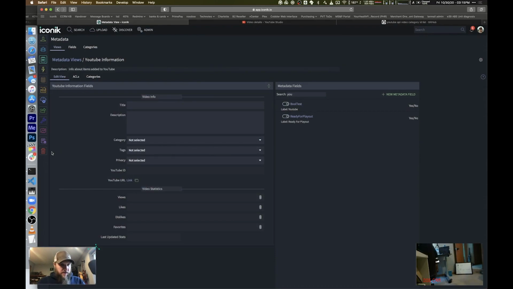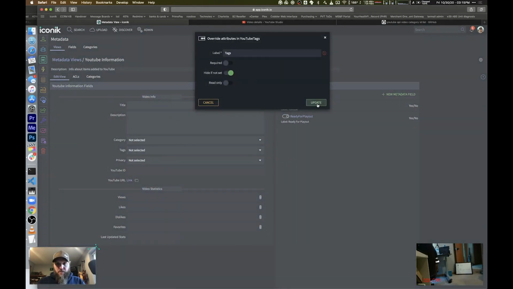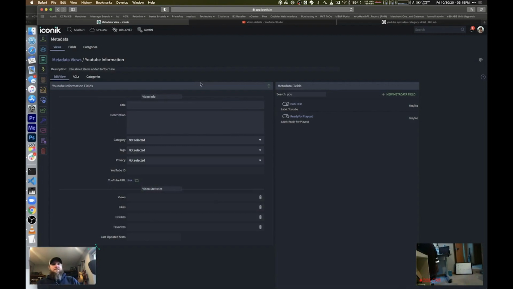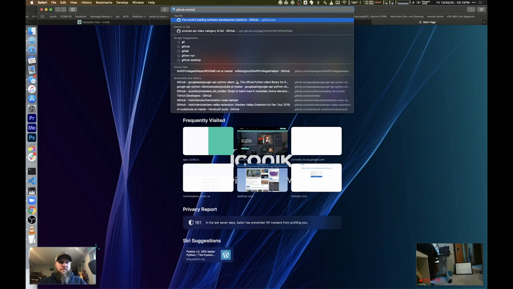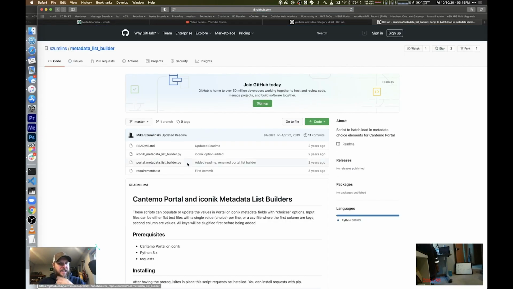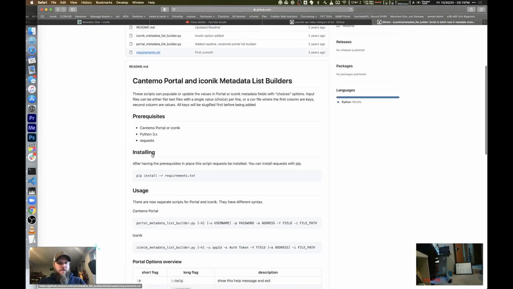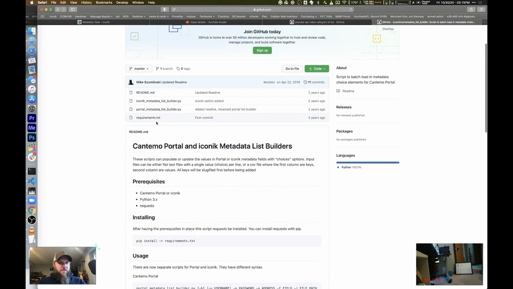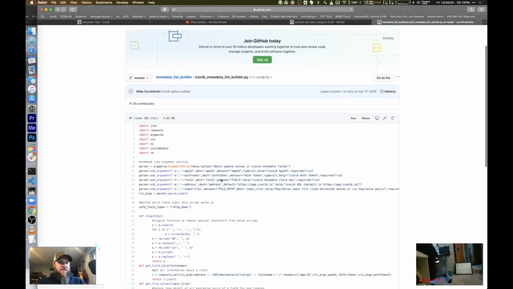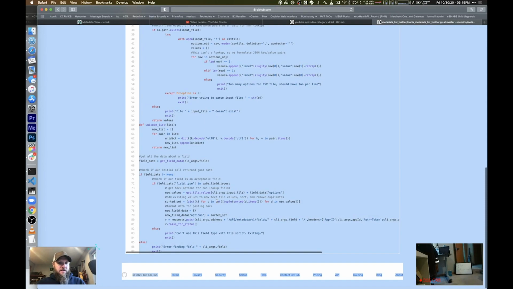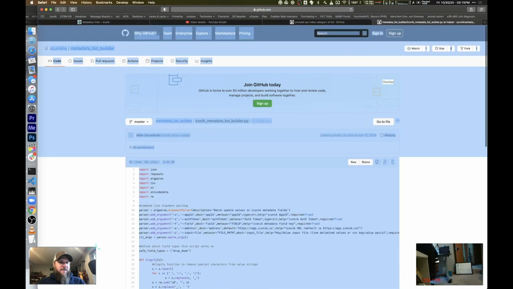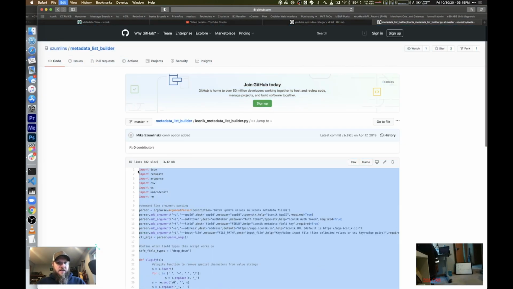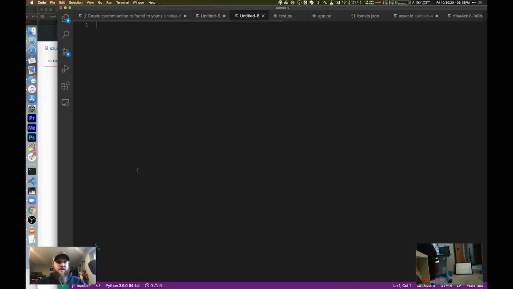And I think this one I want to hide if not set. Yeah, cool. All right. So I wrote this little thingamajig a while ago that is just a metadata list builder. It's a real simple Python script that basically imports longer text lists that I have in a file into a specific field. And I'm going to be super ghetto about this, and I'm just going to make it,